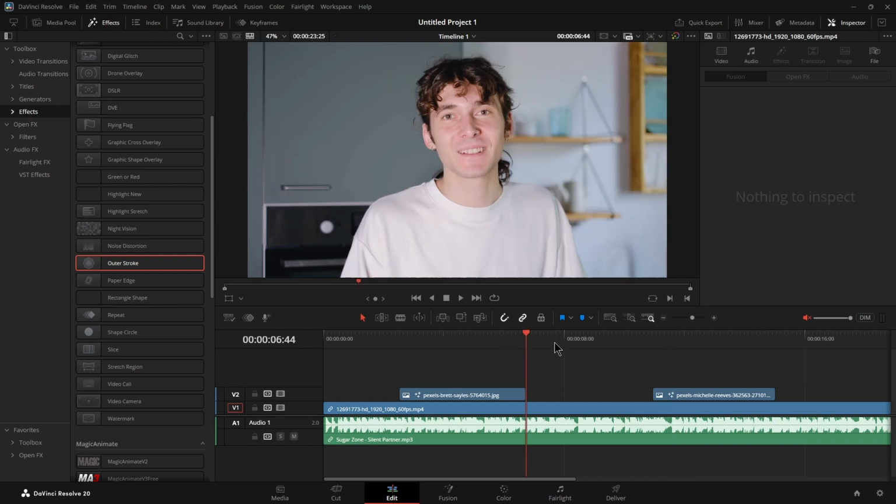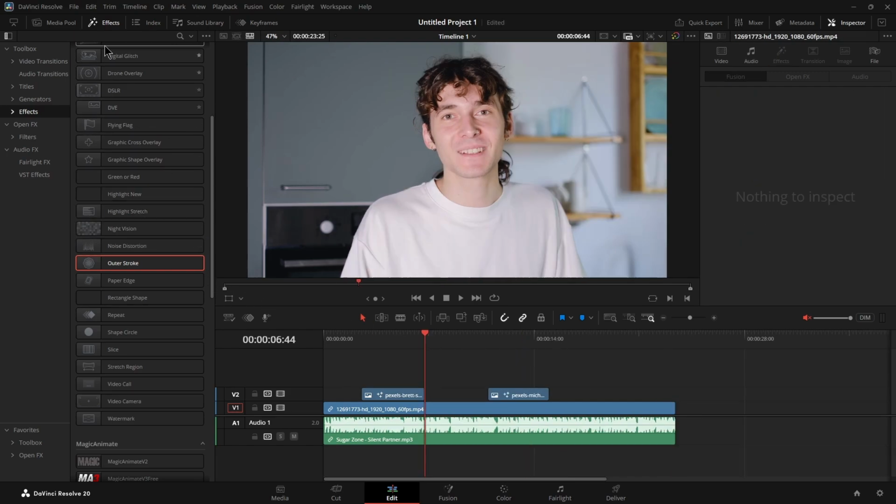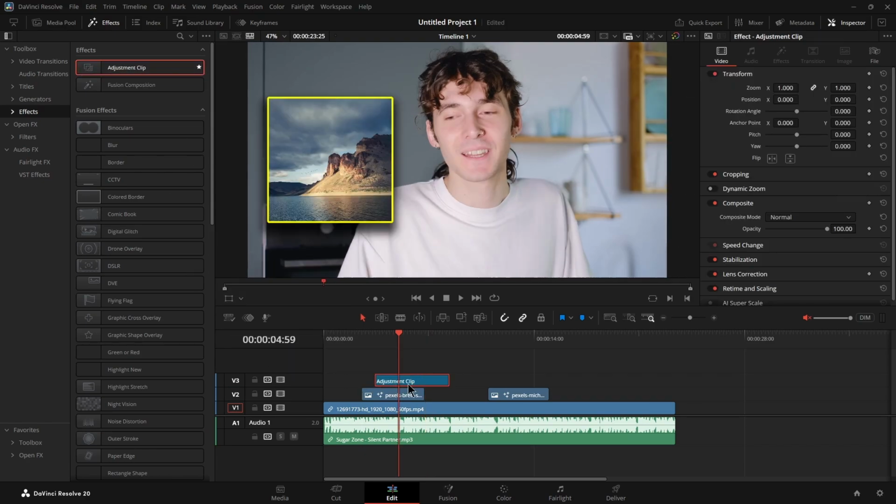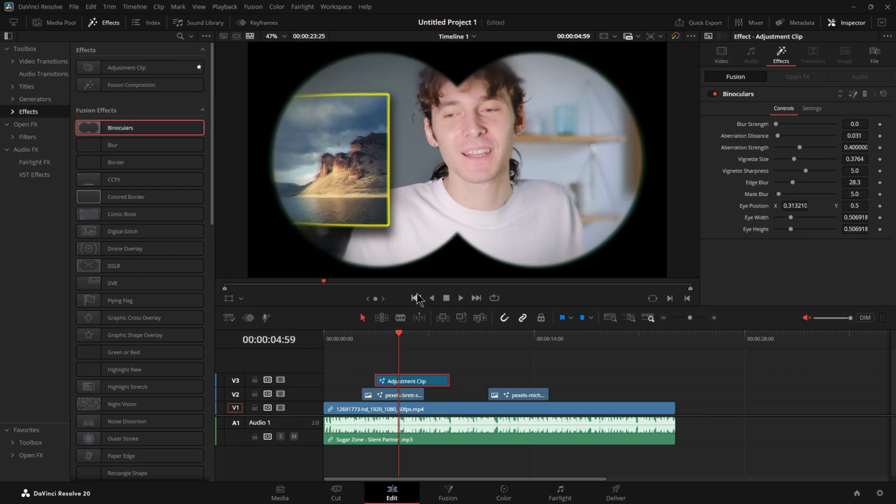Now let's say you want to add an adjustment clip. Then for that go to the effects panel. Under it we need to drag and drop this adjustment clip effect and place it onto your timeline like this. Now all the clips which are below this adjustment clip will have all the effects which we apply on this adjustment clip. So let's say I add a binoculars effect here, then the binoculars effect will be added on this